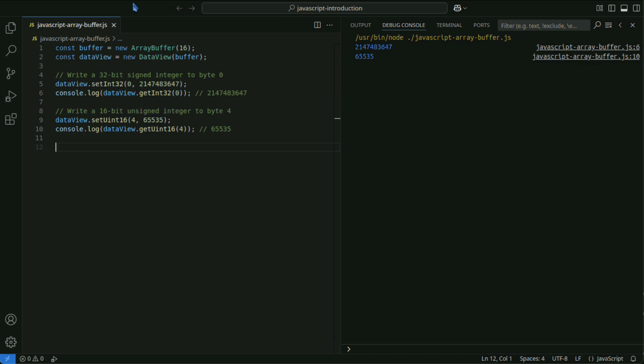Using DataView, you can specify a byte offset and read or write data of various types. This is very useful when handling complex binary structures like network protocols or file formats.